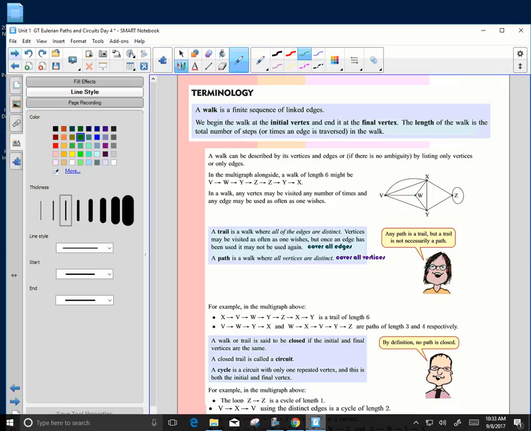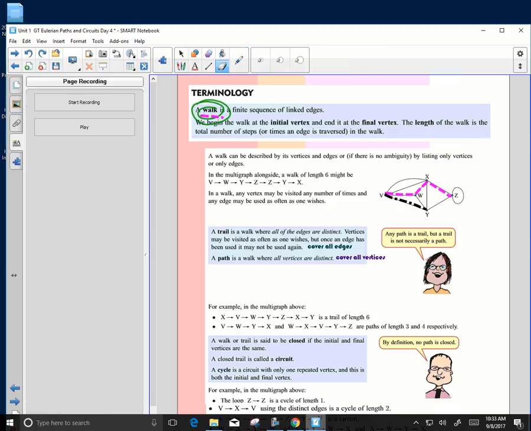The basic term for going through a graph, a path, we call a walk, and we don't call it a path. Path is going to have a different name, but a walk is just how you're going from vertex to vertex. That would be a walk. This would be a walk, V to Y. It's just whatever you want. The idea of it is to describe with symbols what's happening in the physical space.